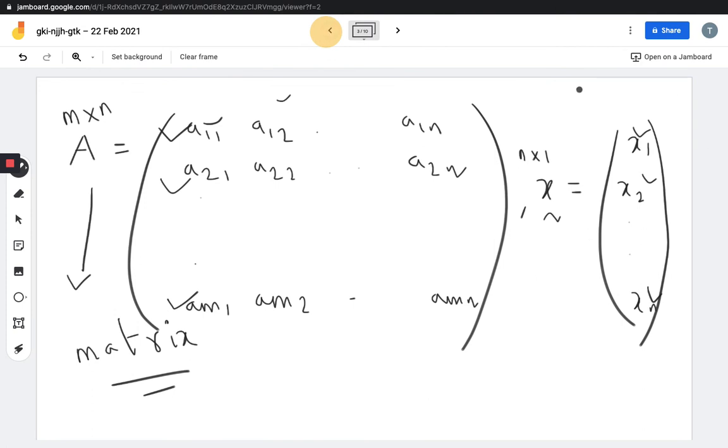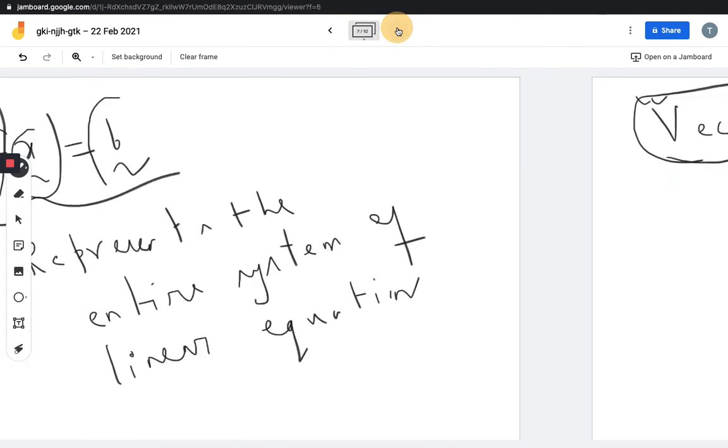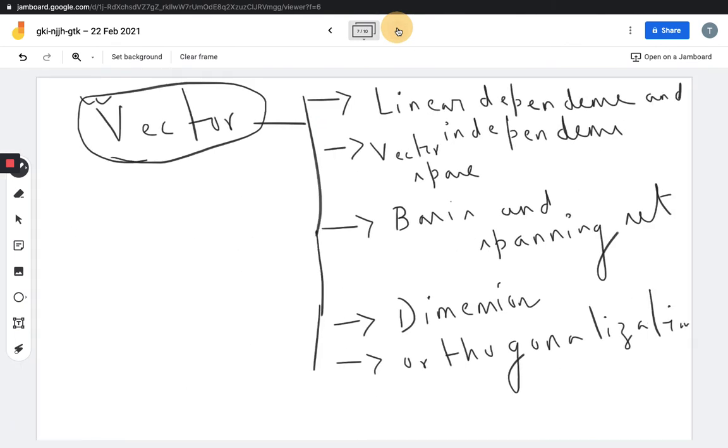This x curl is what? This x curl is a collection of n numbers. So this is a vector in n-dimensional plane. Okay, because this thing has a certain location in the n-dimensional plane and it has a certain magnitude as well. So this x curl is called a vector. Similar way, b curl is also another vector quantity. Okay, that's the idea. So the whole class of vector would focus on this fact and multiple more concepts would be developed. So it's a very basic class as well as a change in language. So please do give me feedback